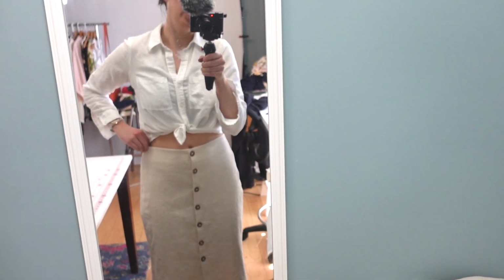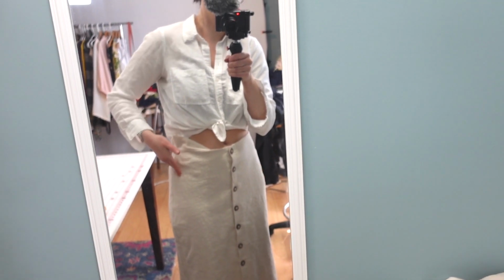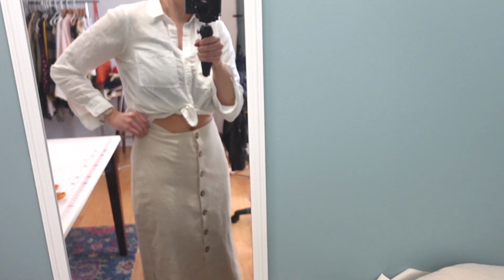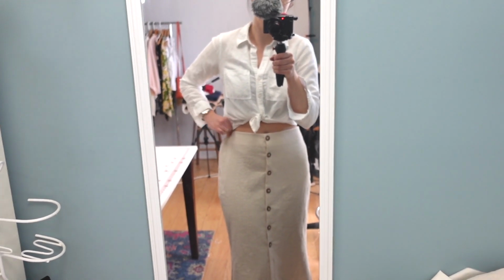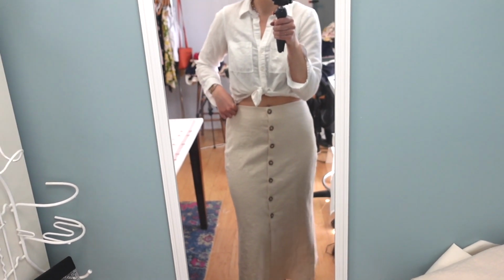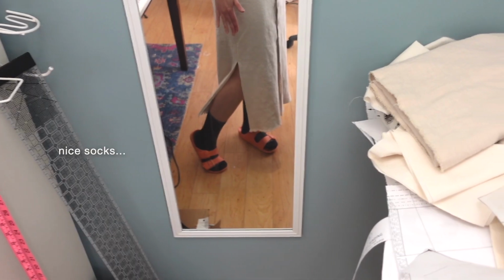So I'm just going to go in and take in the waist. Basically, I will pull out the facing and then take in the waist. Obviously this will be turned wrong side out, but I'm just going to pinch this and feel how much I want to take out on each side. I'll probably end up taking another 1/2 inch out on each side, and just tapering that back down to the hip here. And then after that, all I have left to do is to hem the slit and the bottom